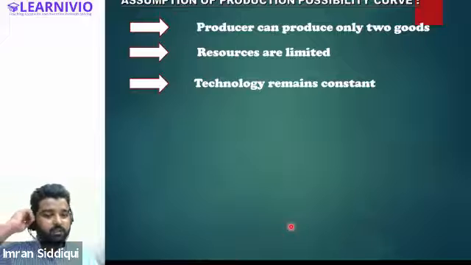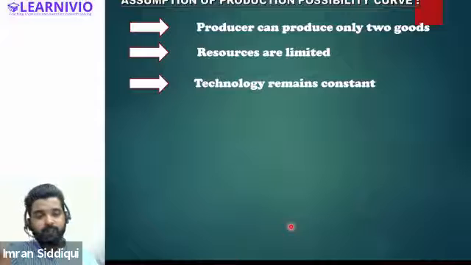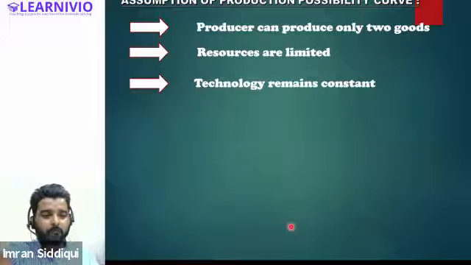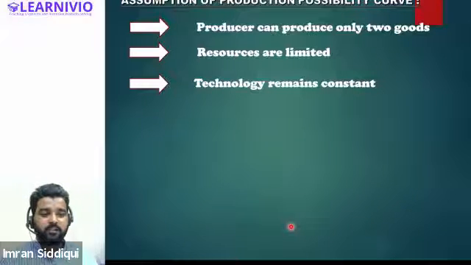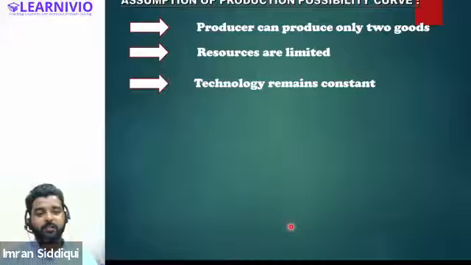Now, the third assumption is that technology is also assumed to be constant. We have also assumed that there are no technological changes happening in the market. There is no upgradation or outdation in the technology. The technology that the producer is using will remain constant throughout the production. When we are designing various combinations A, B, C, D, E, F, we will consider that there is no change in the technology being used by the producer. We will consider that the producer is using the same type of technology. There is no outdation, there is no updation in the market in the context of technology.